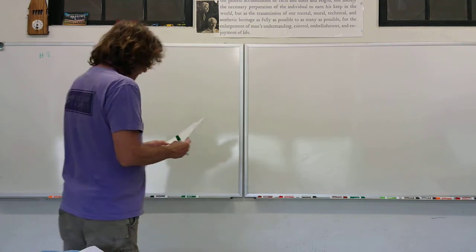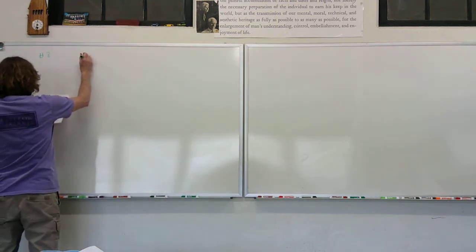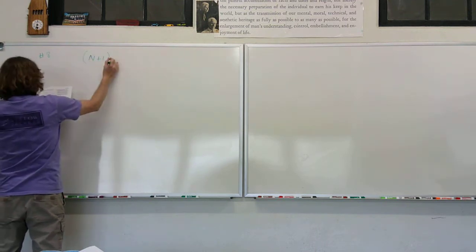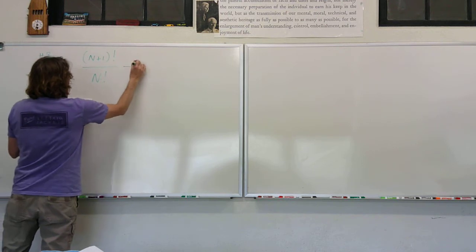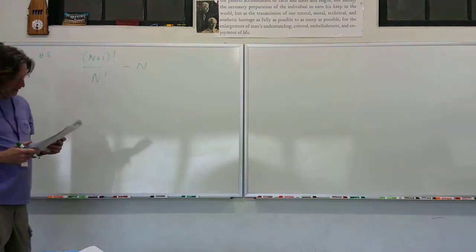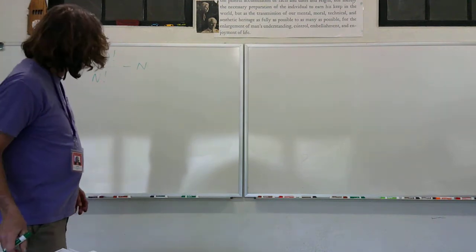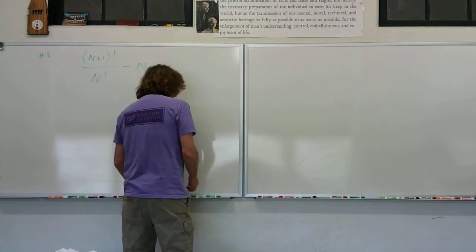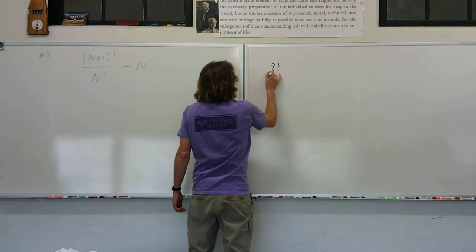Ooh, number 8 is a factorial question. It's got (n plus 1) factorial over n factorial, minus n. Now, just in case, let me tell you what a factorial does. Let's say you had 8 factorial over